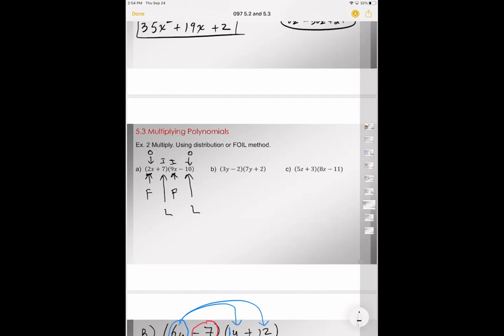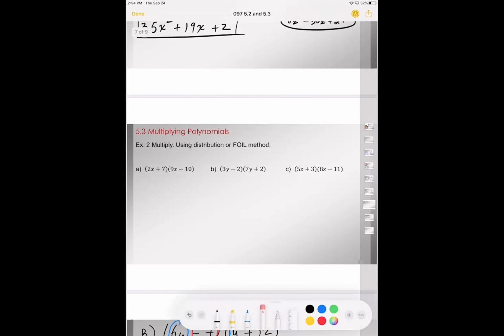So in that sense, FOIL is just the same as what you've been doing. The only reason I don't focus on FOIL a lot is that you can just arrow them out and you still get the same result. Remember what FOIL is: first times first, outside times outside, inside times inside. You can see that we can disregard the name, and if I have a multiplication, all I need to do is take my first item,